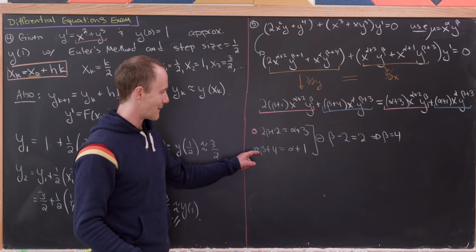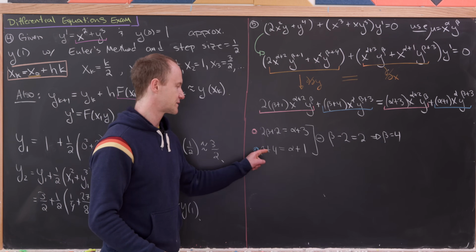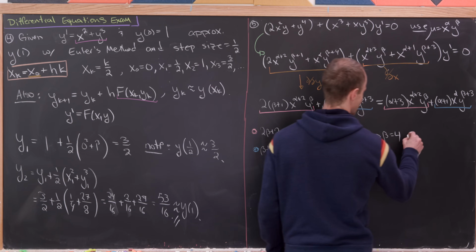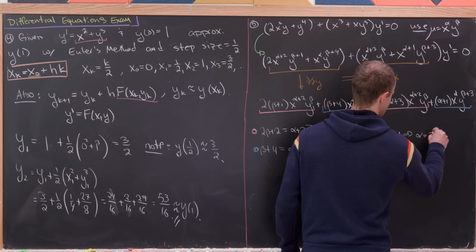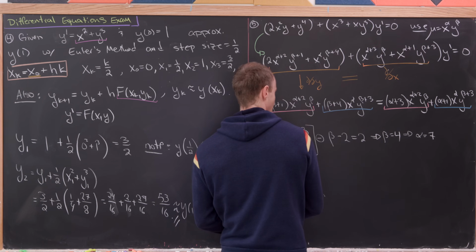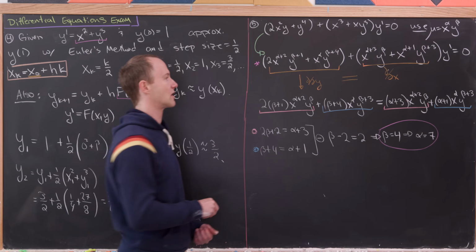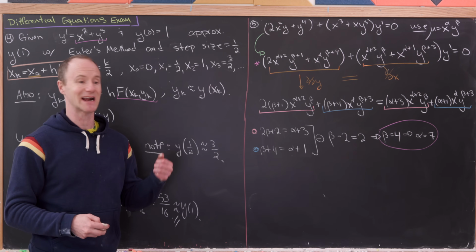And then we can plug that back here. We have alpha plus 1 equals 4 plus 4. So alpha plus 1 is 8. Alpha is equal to 7. So there, we've got alpha equal to 7. Now we can plug those into our equation right here, and we know that that new thing is exact by